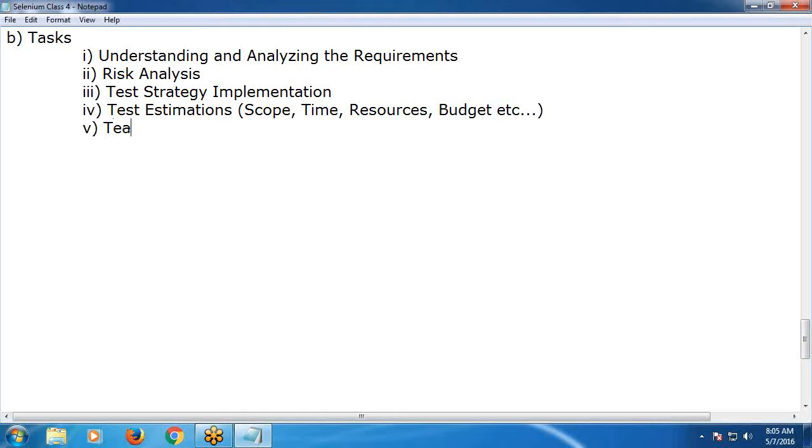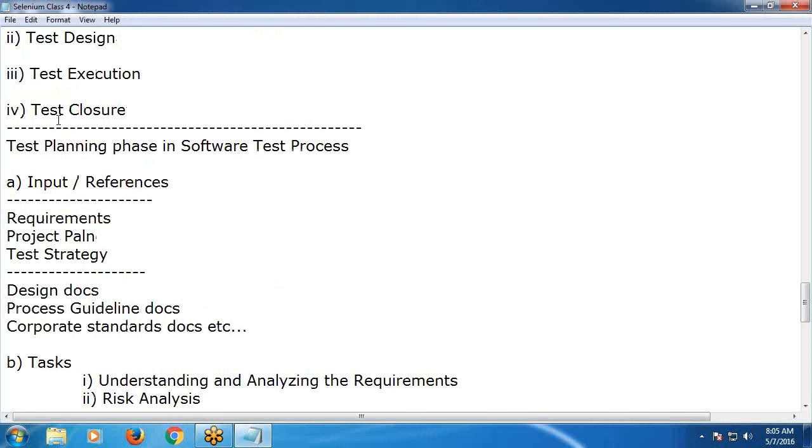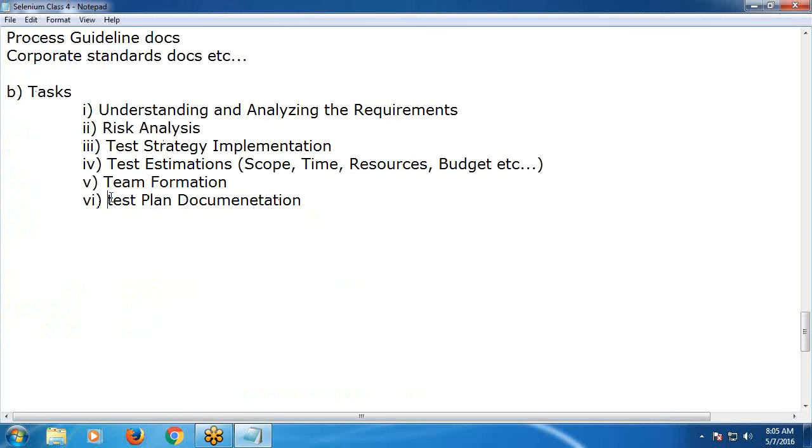See, team formation. Next, test plan documentation. Observe, test planning. Test planning is a phase. Here, test plan is a document. Next,